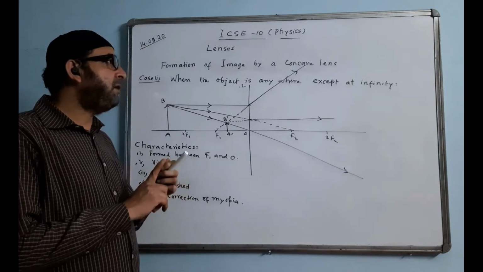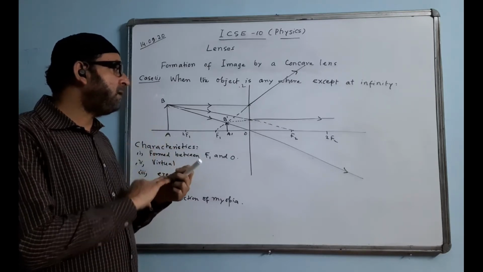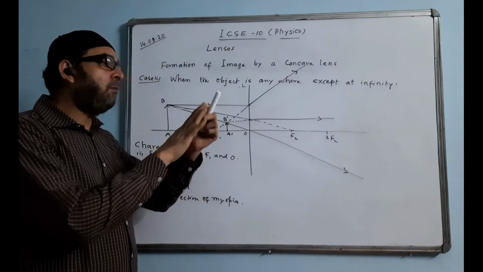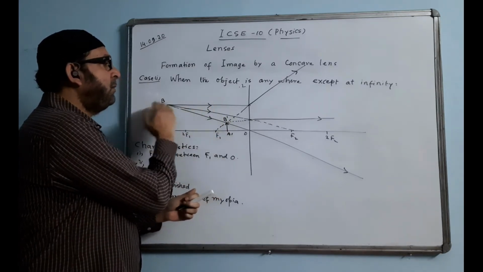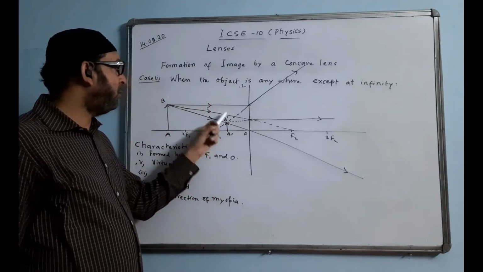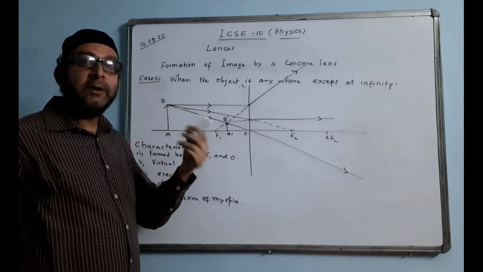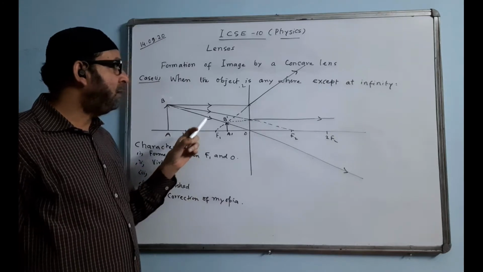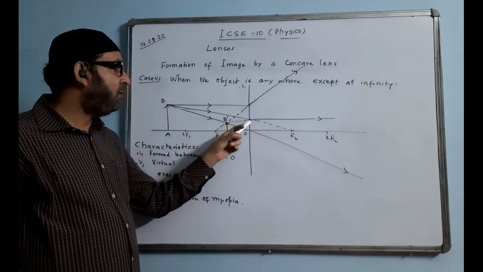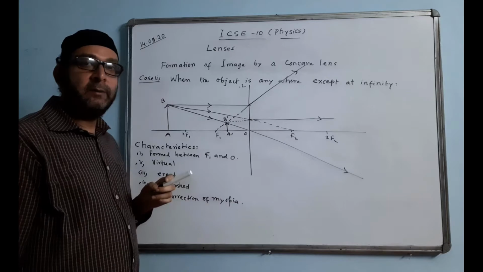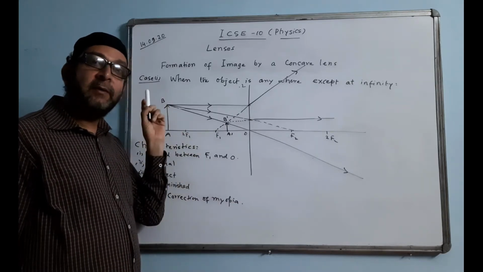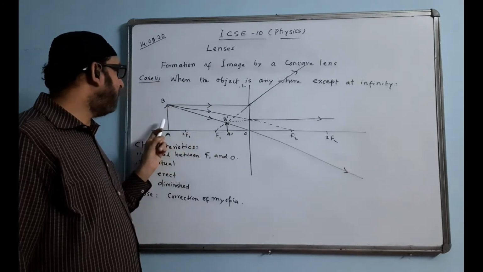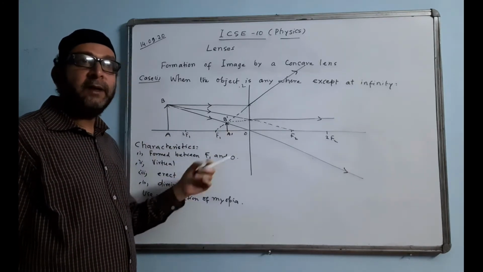How can we differentiate the virtual image formed by a convex lens and a concave lens? The convex virtual image is bigger and it is formed behind the object, in the last case, that we use in a simple microscope or magnifying glass. Whereas the virtual image of the concave lens is diminished. The virtual image of convex is magnified, but the virtual image of concave is diminished, and it is formed between the object and the lens. So that way we can differentiate.